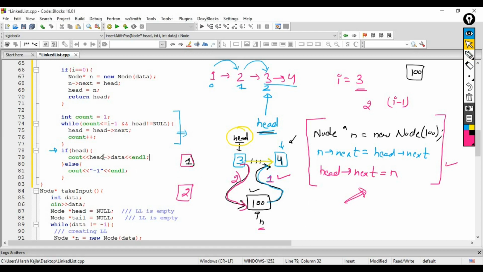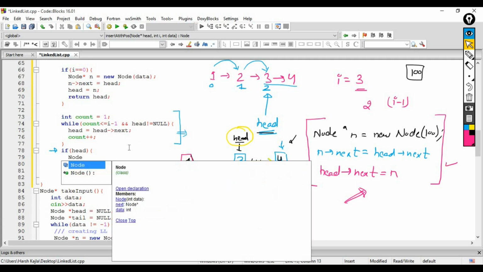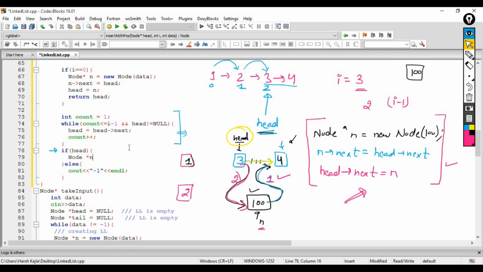So if head exists, then what you have to do? I am inserting with the help of this first method. So first of all, let's create a new node.